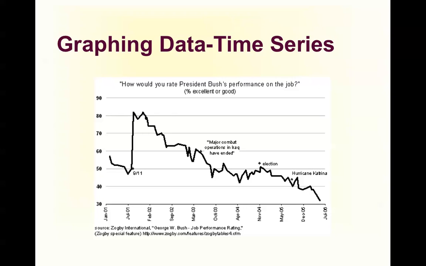Now, you don't have other variables correlated with Bush's performance on the job. The only thing you see is the change in the amount of time. And so, in order to really look at one variable upon another, we need to plot some variable against Bush's performance on the job to see if that variable had something to do with it. This does not. This is strictly time series, one variable changing throughout time.